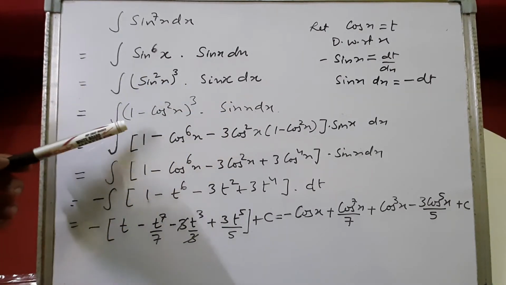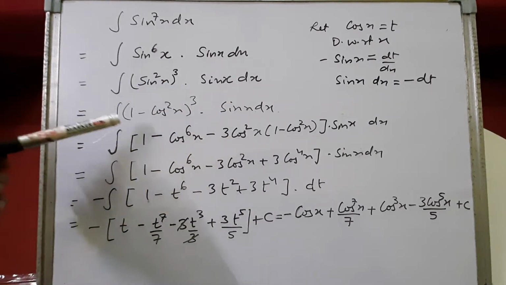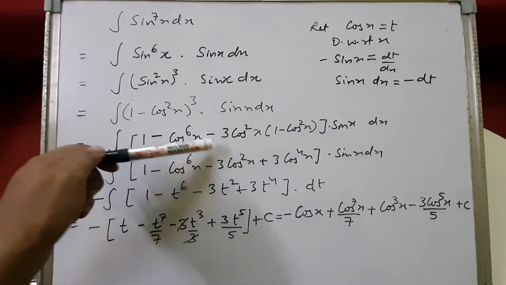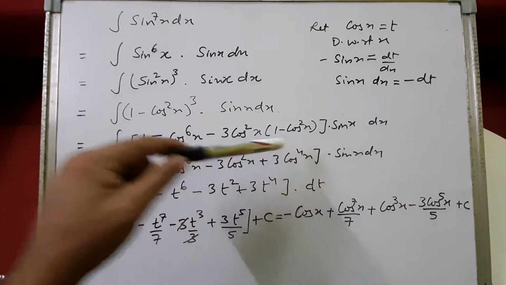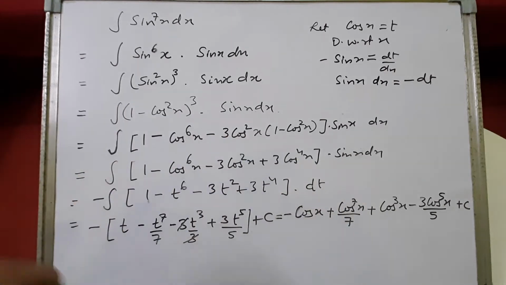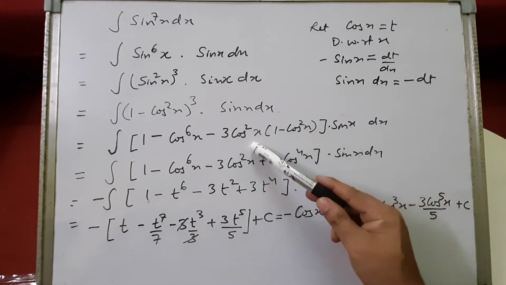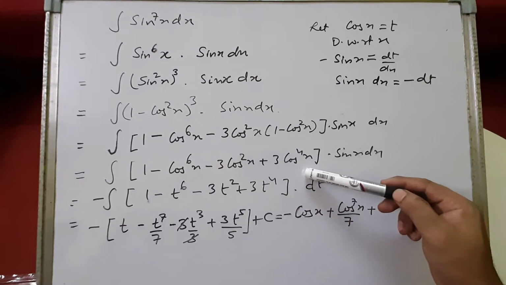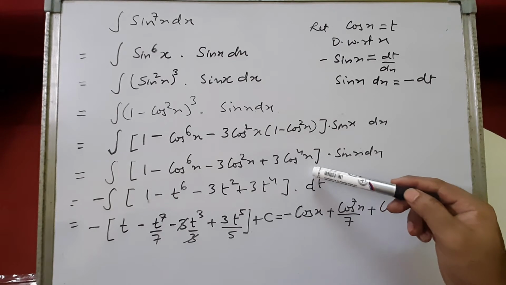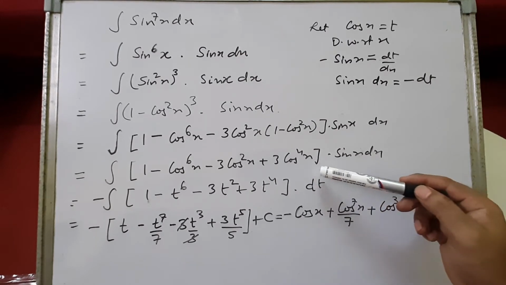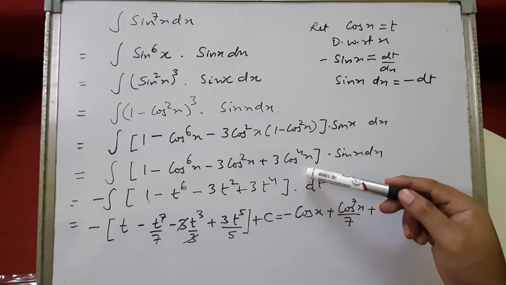Sine square x can be written as 1 minus cos square x, to the whole cube. A minus b to the whole cube is a cube minus b cube minus 3ab into a minus b, into sine x dx. Okay children, so when we expand this inside the bracket, we'll get a cube minus b cube minus 3a square b plus 3ab square. So we'll get 1 minus cos to the power 6x minus 3 cos square x plus 3 cos to the power 4x